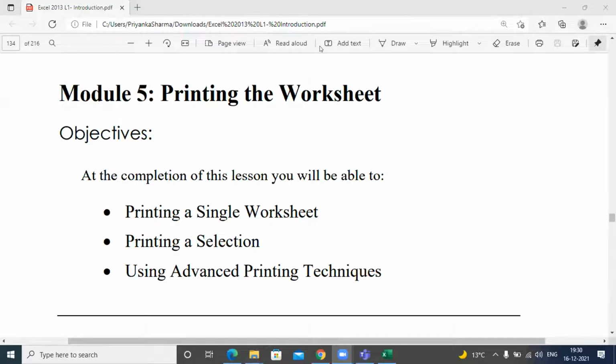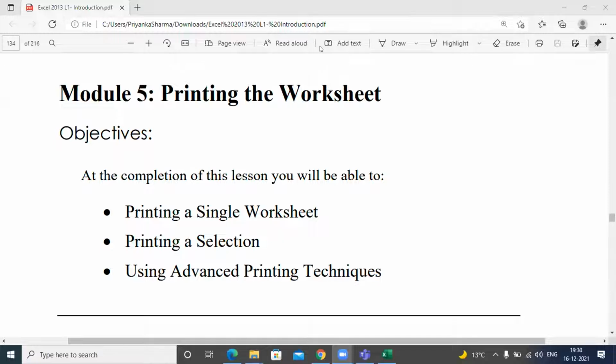Let's try to understand what is the meaning of printing a single worksheet. Let's say I have previewed my work and it is ready to be printed. I can do that using this option. Particularly, when your worksheets are small, it's always a safe bet to use the print button on the file tab drop down menu. So what I want you all to explore is go to the file tab, open the drop down menu, and you will see a print option like any other MS Office product, right?